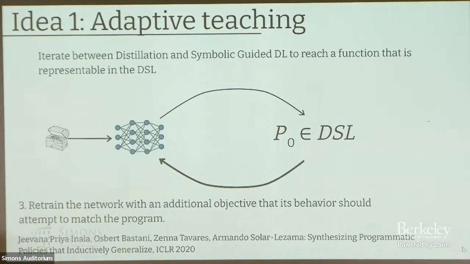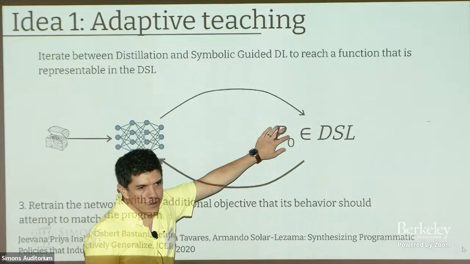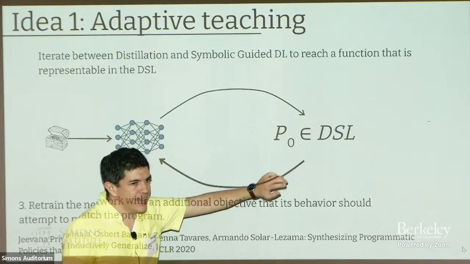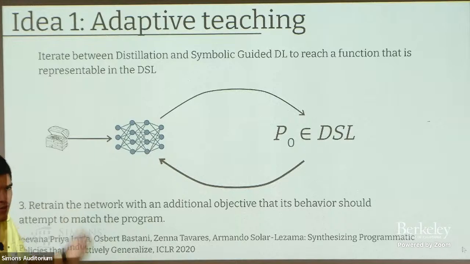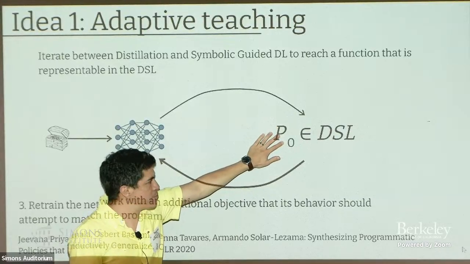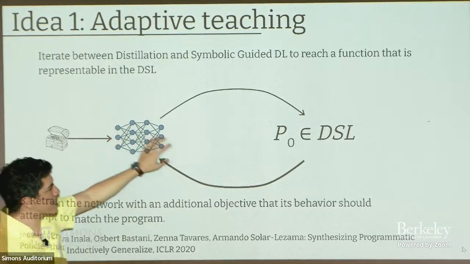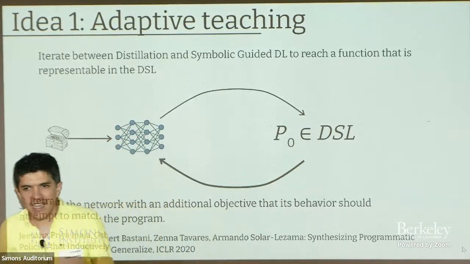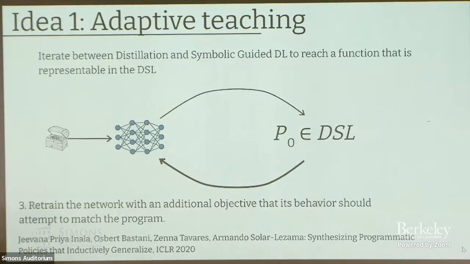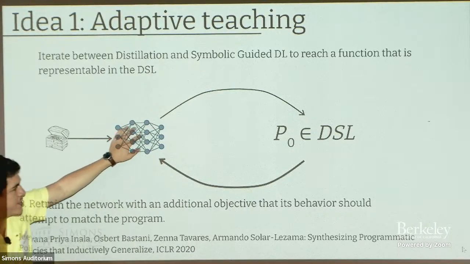And the notion of closer here is critical, right? Because we might not necessarily want to just mimic the behavior of this program. The behavior of this program is bad. If it were good, then we would have solved the problem already. The behavior of this program is not very good, but there might be some features of the behavior of this program that we want the neural network to capture because they tell us about the kind of functions that are representable in that DSL. And so now we have a new neural network that we trained that way,